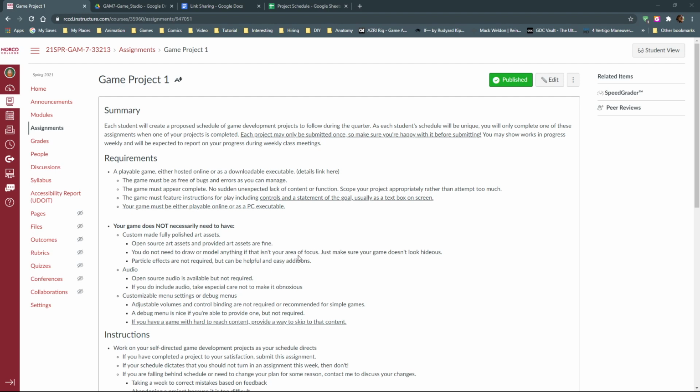Okay, yeah. Are we allowed to use the Lego Unity package? I don't know what that is, but it sounds intriguing. I don't know what you're using it for, but that sounds cool.